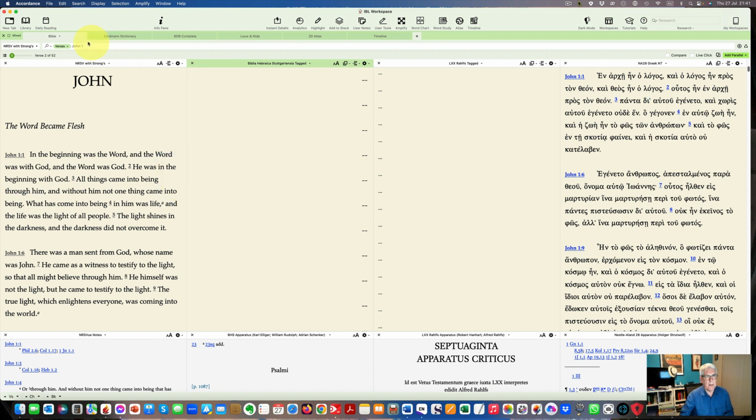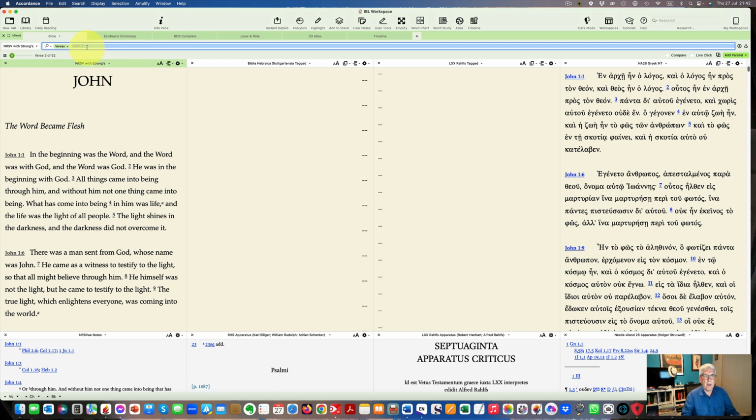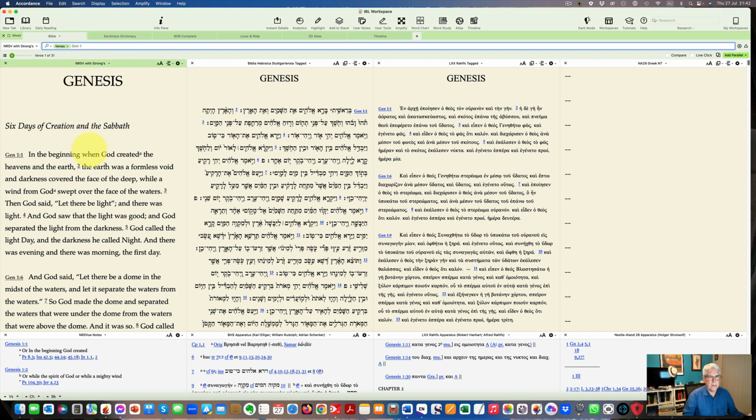With your search bar up here, that gets activated. You can either click in it and edit it, but the simplest thing is simply to hit Tab. And when you hit Tab, the whole search bar is selected, and as soon as you start typing, it eradicates whatever else was there. So let's put Genesis 1,